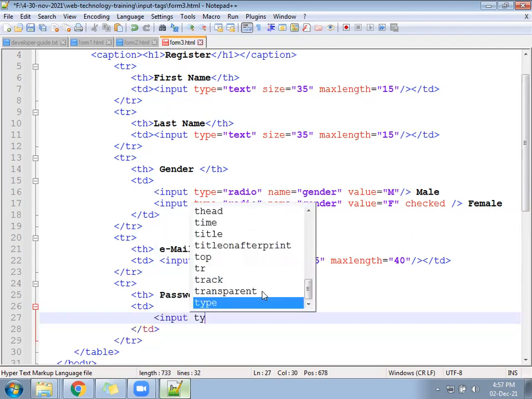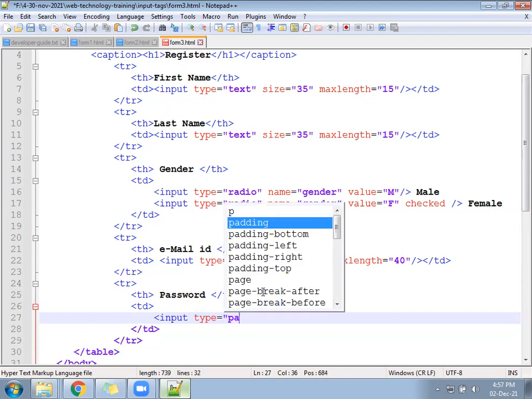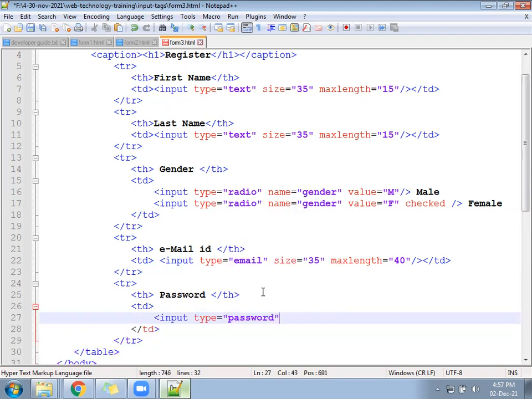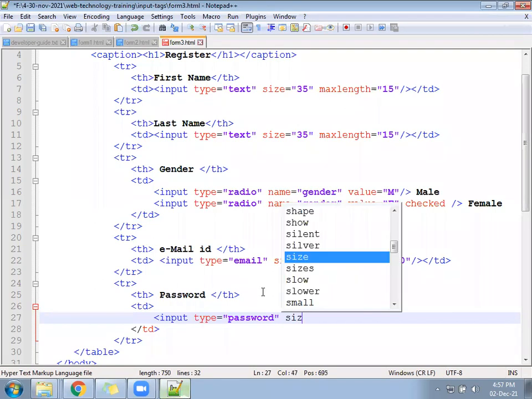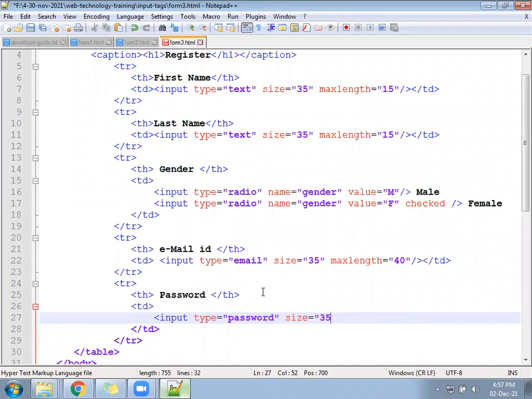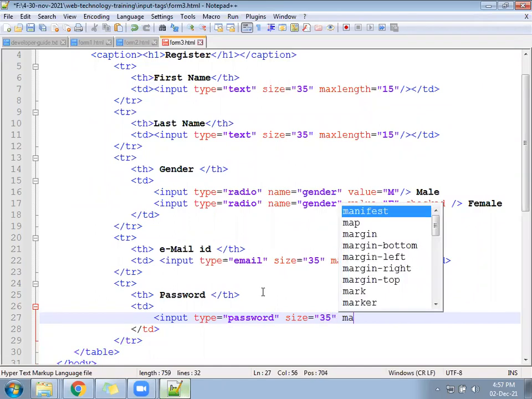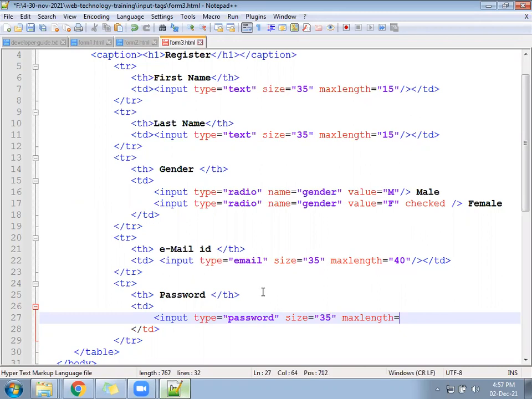Input type equal to password. Keep similar size, size equal to 35. Max length 8. Max length is 8, so it should not accept more than 8.